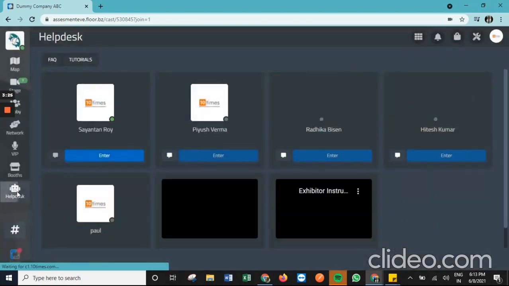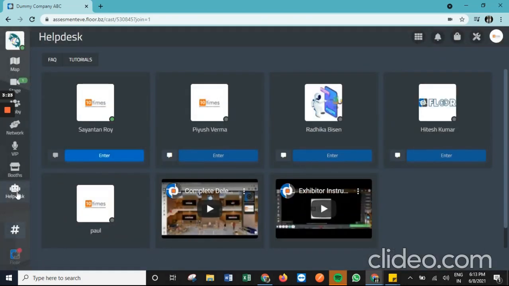Moving on, we have the help desk segment. Here, all the admins that have been updated for any particular event, the event administrators, are present, and at any point of time during the event, if any delegate wants to reach out for a particular query or any kind of issues that they are facing with the platform or with the event, they can simply reach out to the individuals present here. Here also we have a similar option to enter their room to get on a visual confrontation and interact, and they can also leave a message to the admin members.